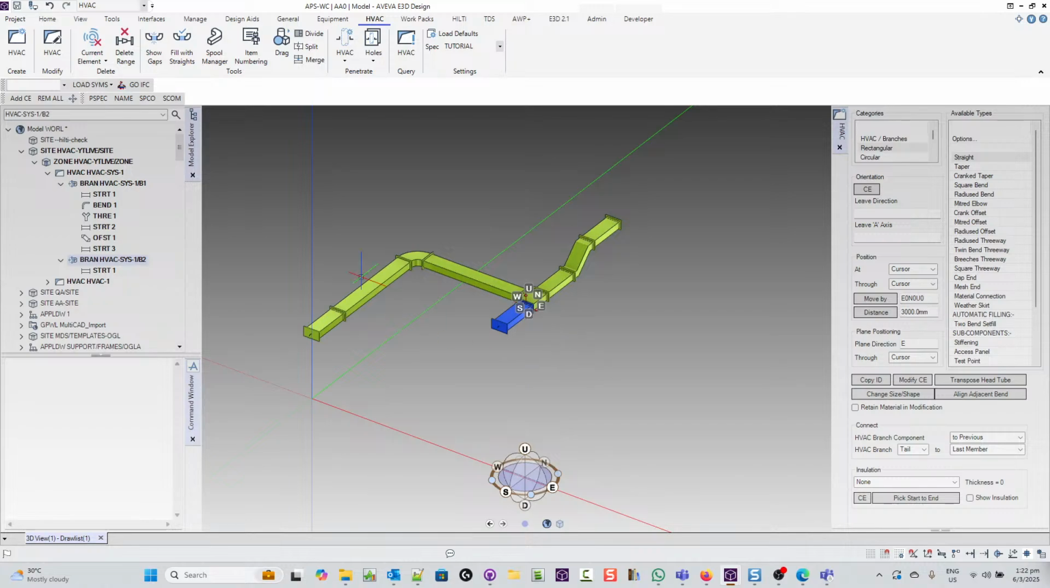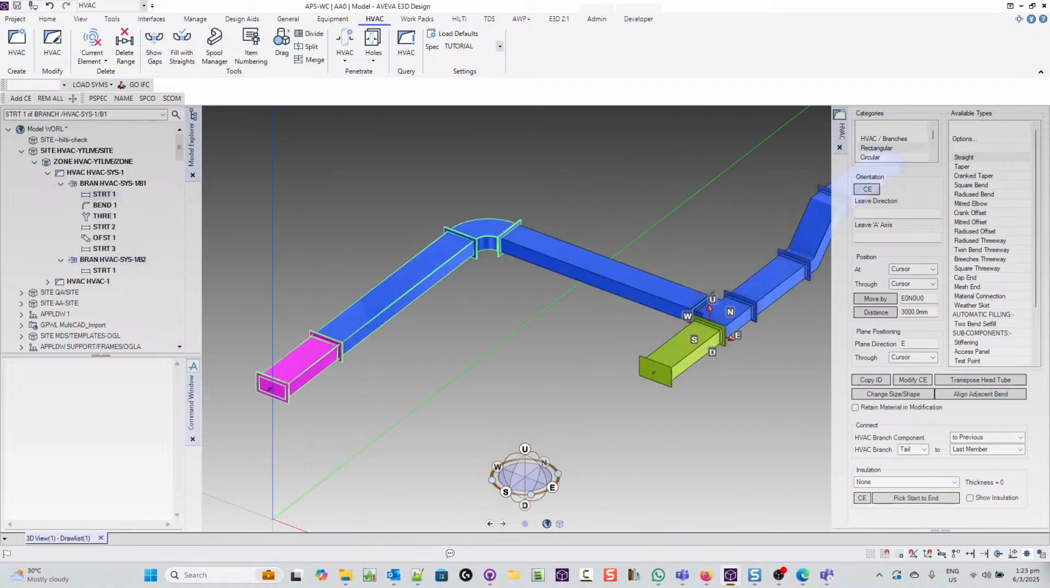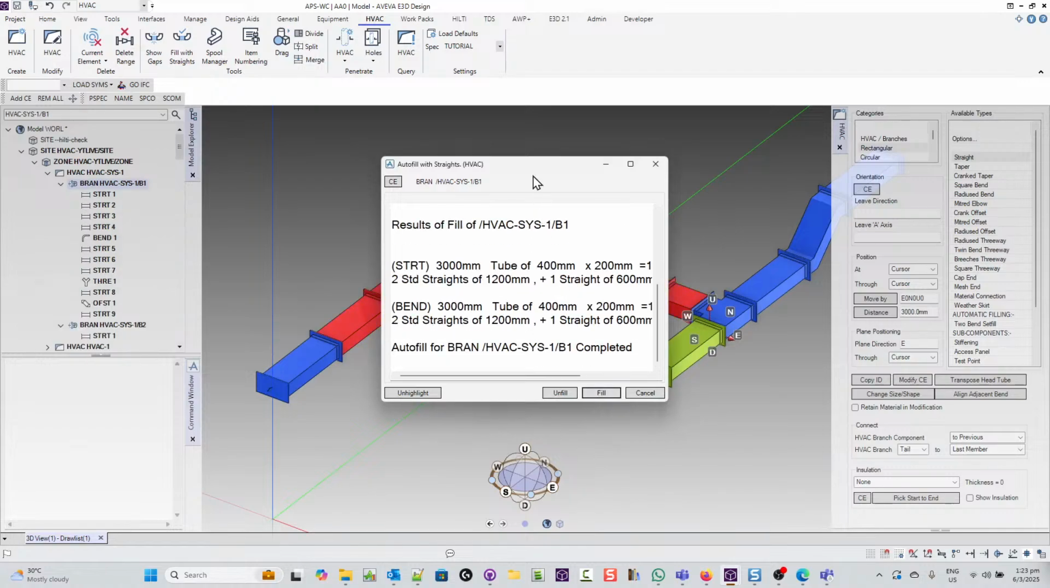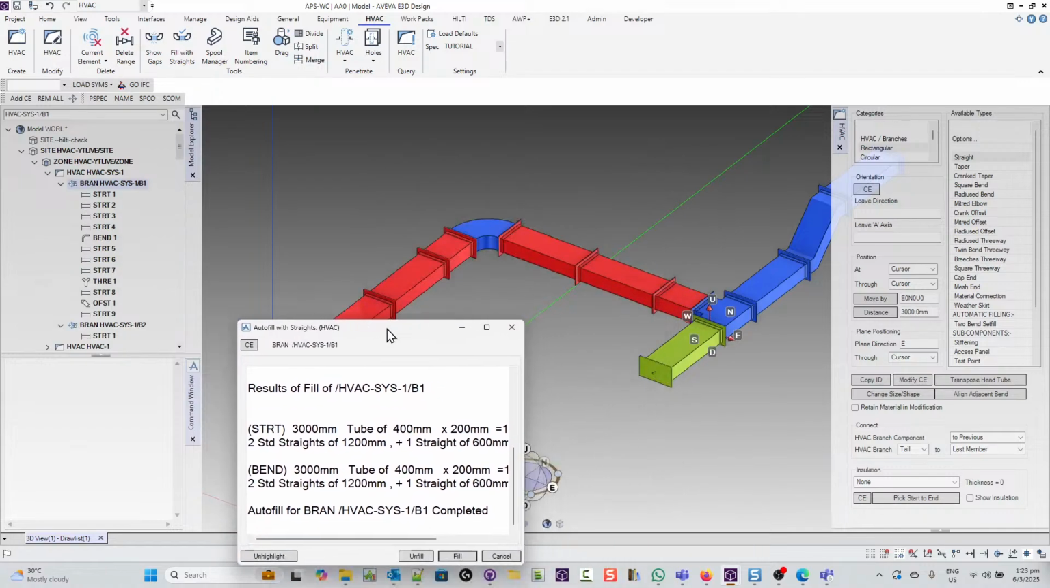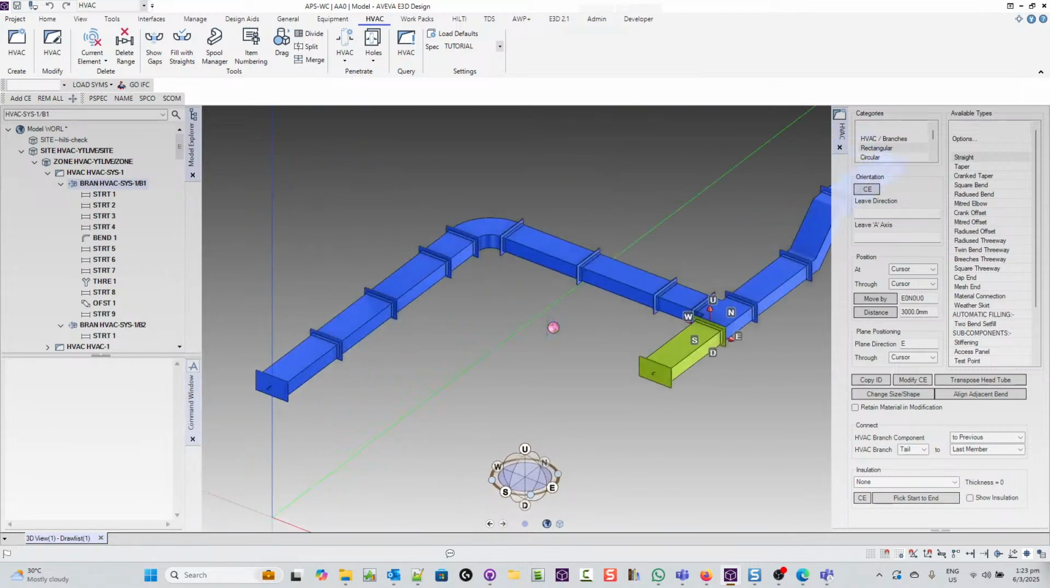All right, so this is how you can do the thing very quickly. And after you do this, you have all these very long streaks. So what you can do is you can say fill with straight. All right, so you go up to the HVAC, you say current element and do a fill. So this will fill up the stuff with a straight. All right, so this is how you can complete your